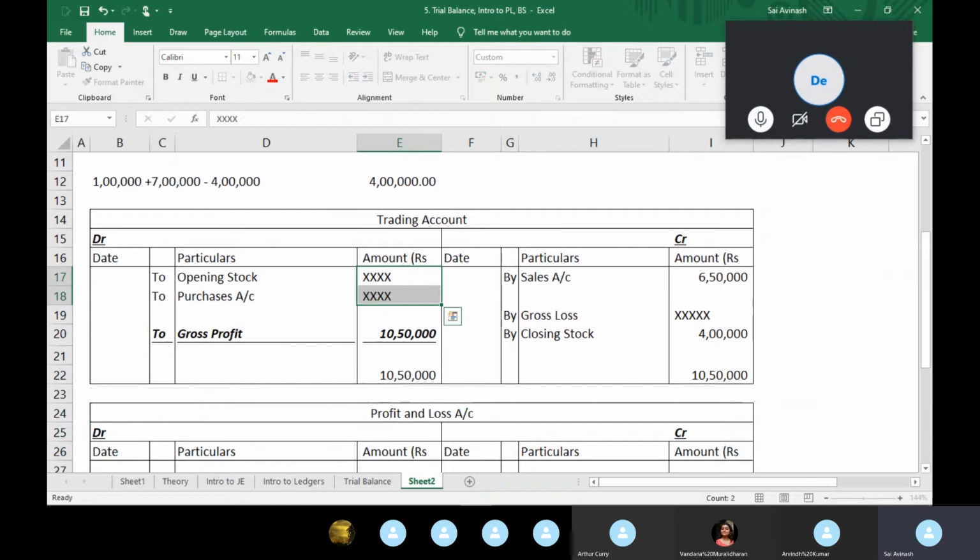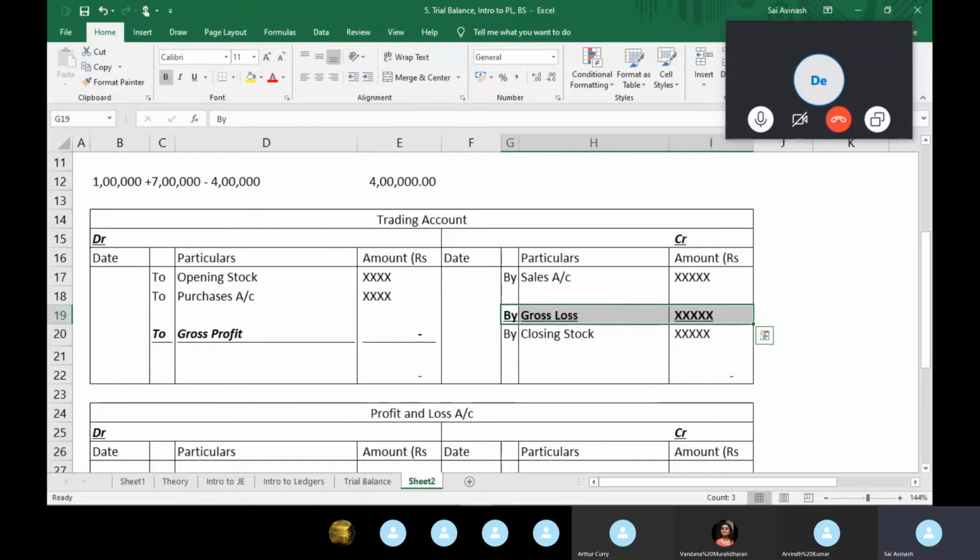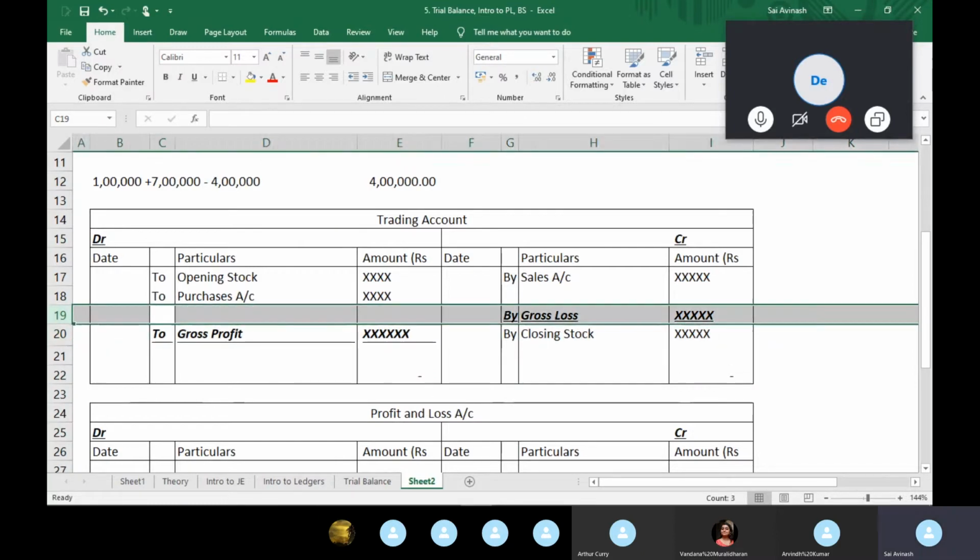This is the format. I'll just show you the format here so that you can maybe note it down now. Of course, these two will be mutually exclusive. You can't have both a gross profit and a gross loss. If you have a gross profit, as in if you have more credits than debits, it's going to be a gross profit. If you have more debits than credits, it's going to be a gross loss. And apart from this,